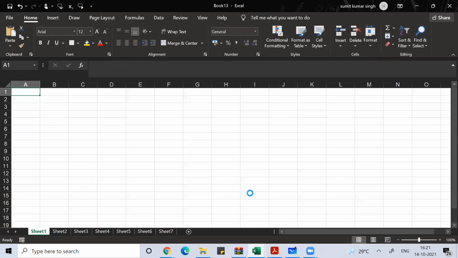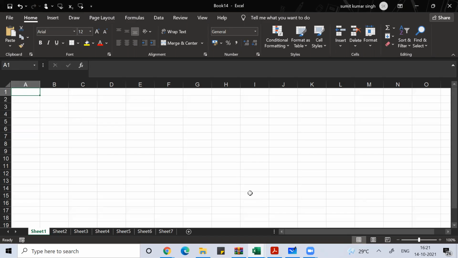I have customized it to make 7 sheets open whenever I'm working in Excel. By default, in updated versions of Excel from 2007, only one sheet opens. Earlier, three sheets used to come. Now we have only one sheet open.